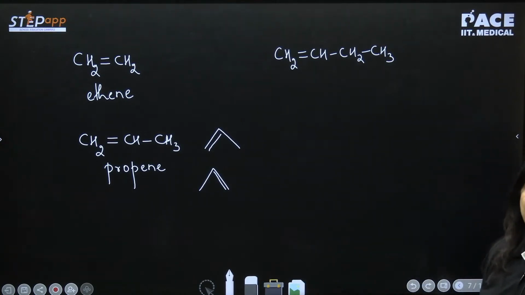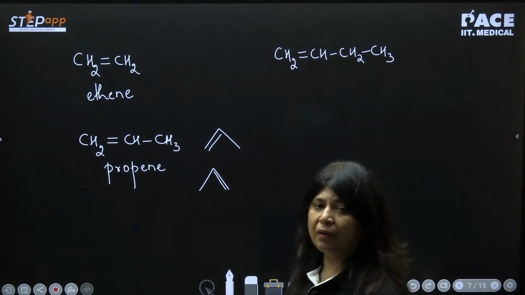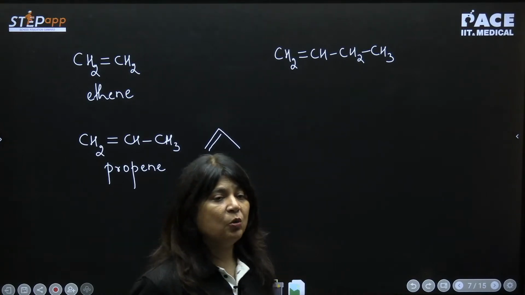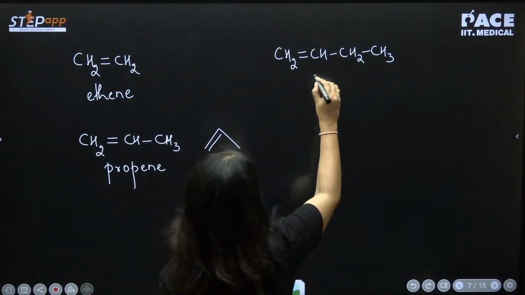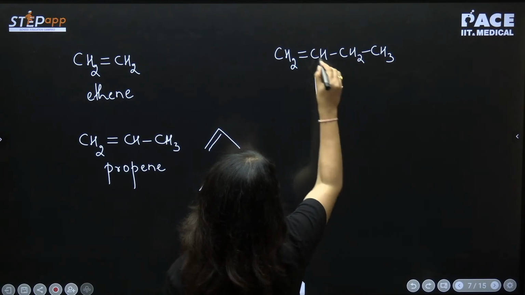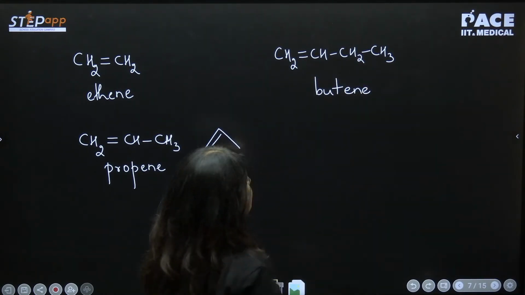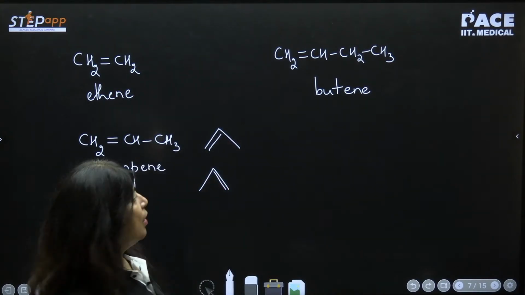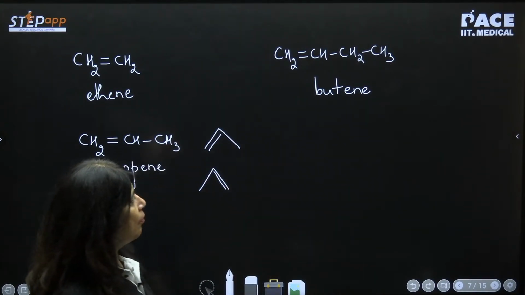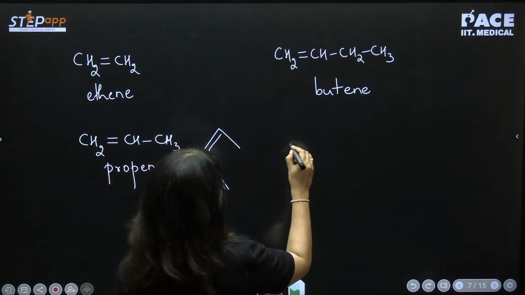Now this compound again has 4 carbon atoms, so the root word I'm going to use here is but. Again there's a carbon-carbon double bond. So the primary suffix I add is "-ene" here. But there is something missing in this name. The reason is,